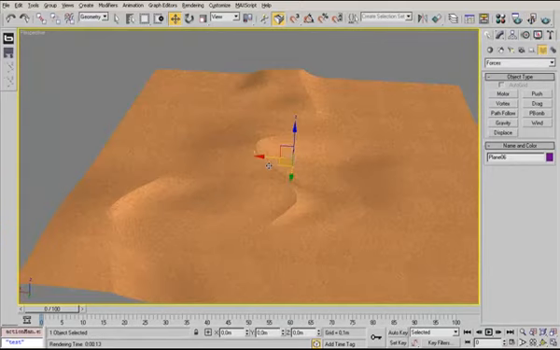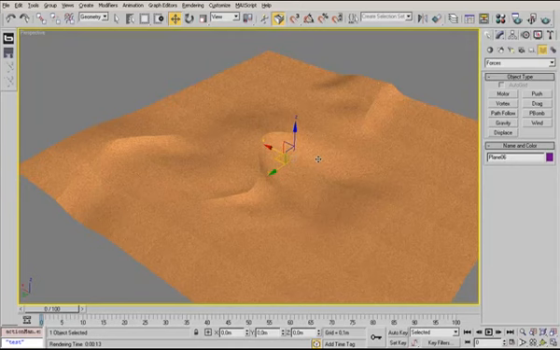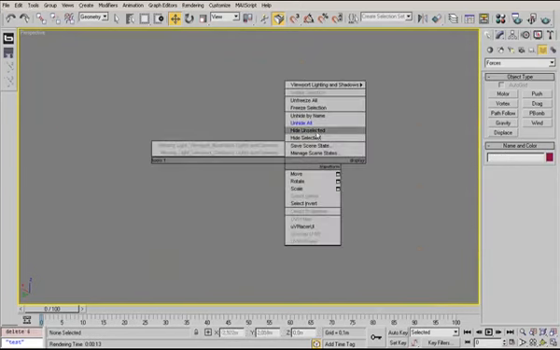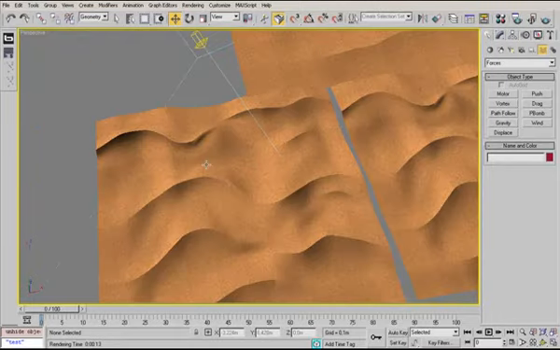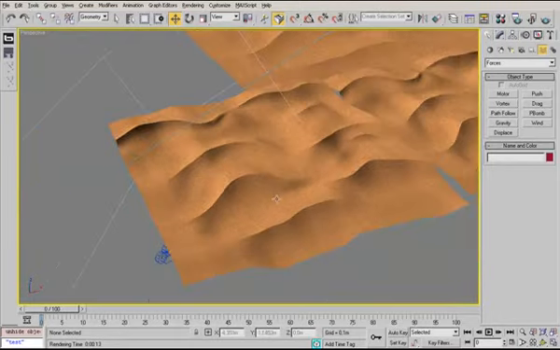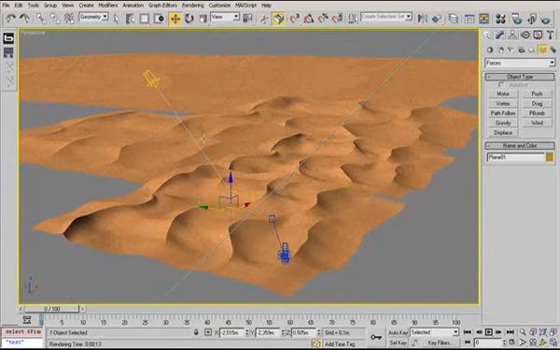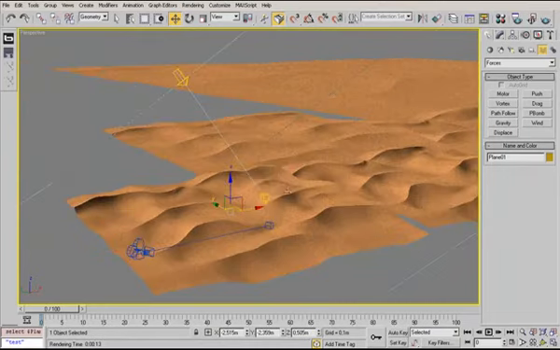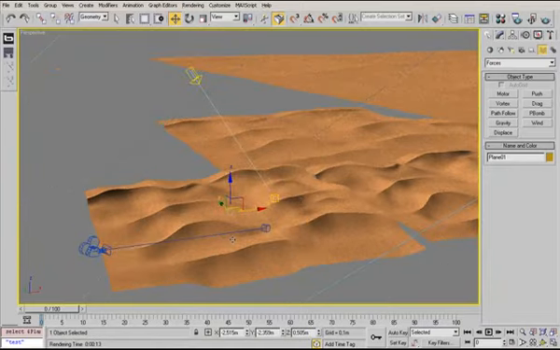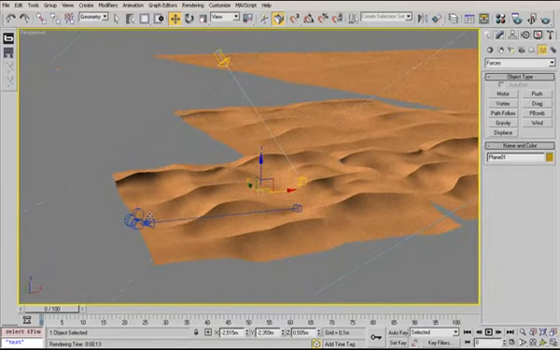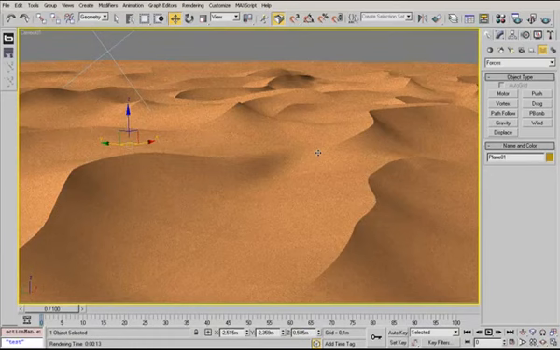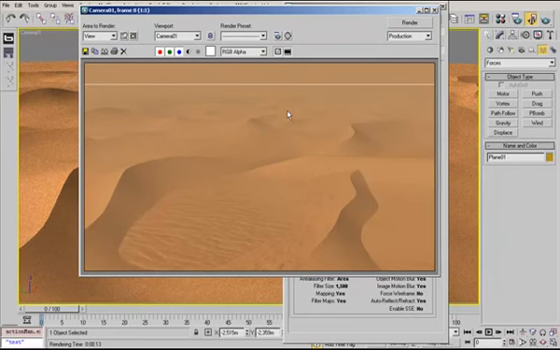Now the modeling is finished, and I will delete this example mesh and unhide the rest of the scene that I prepared before. The scene consists of a patch grid and 4 copies from it that are scaled in the background just for rendering purpose. Now go into the camera with C, and to get this fog